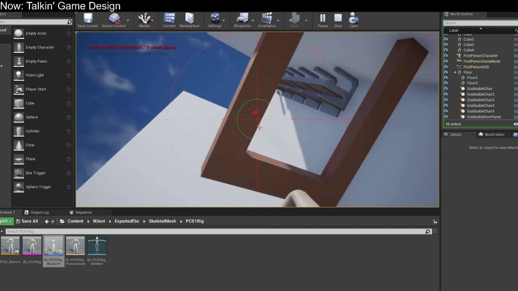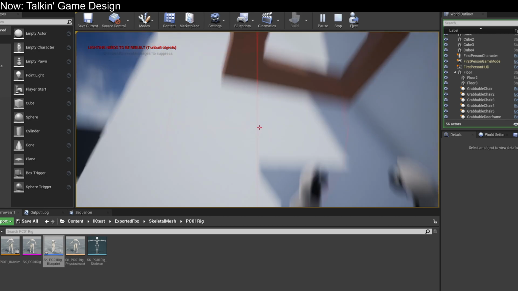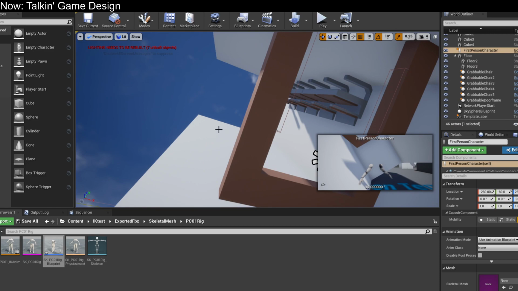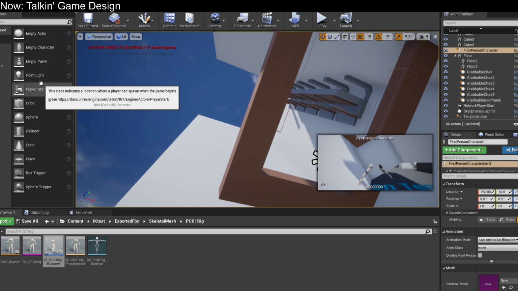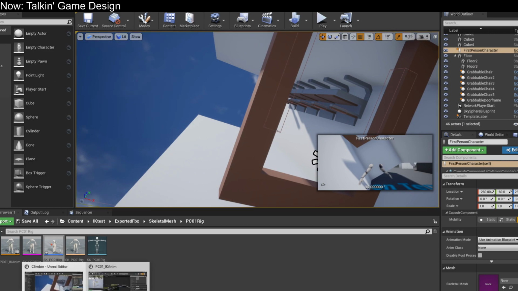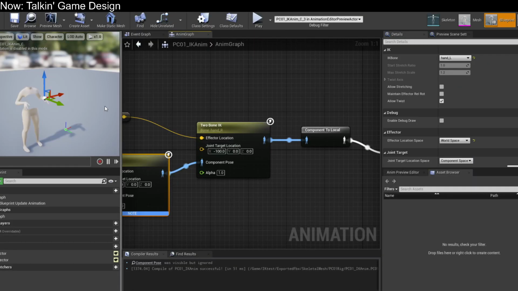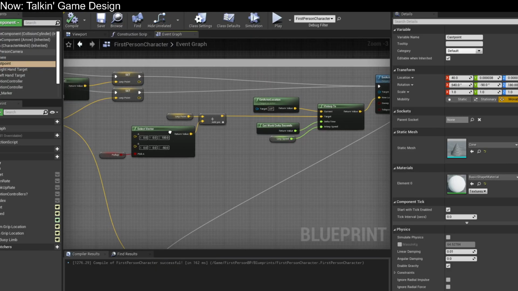Our arm is kind of screwed up. Our hand is a little bit screwed up. And our camera is way too high. There's lots of stuff wrong. But we are now in the correct space. Hooray for us. So if we take a look at our first-person character,